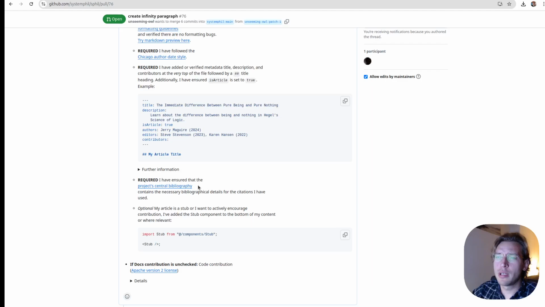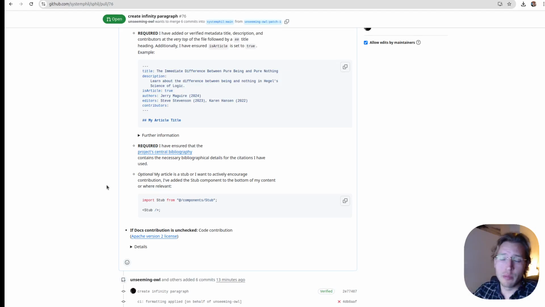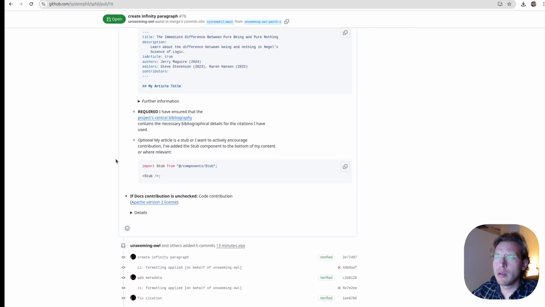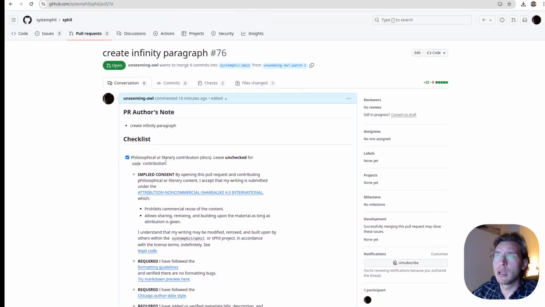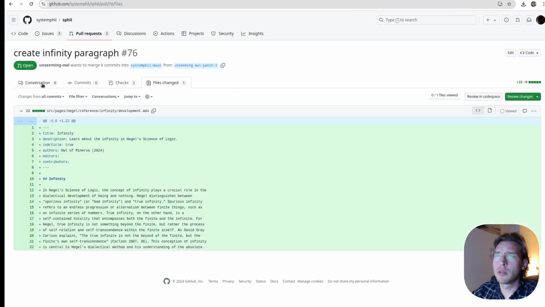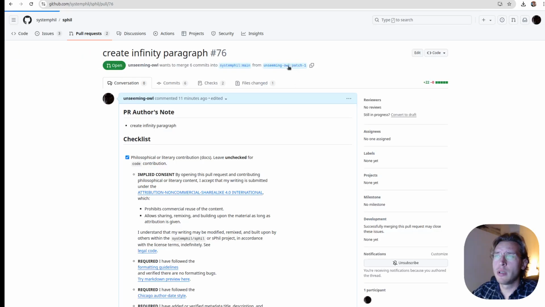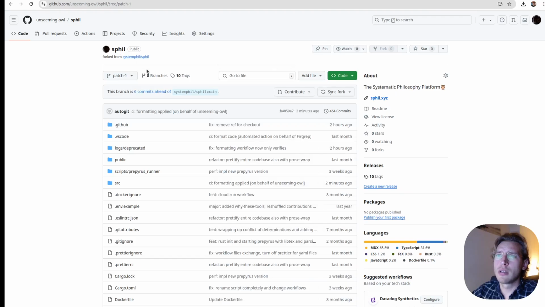Okay, I'm assured that the project central bibliography contains the necessary bibliographical details for the citations I have used. So oftentimes we will just reuse the same citations and then you don't need to do anything here. But since I'm now using a new piece of citation, I need to now add this to the bibliography. This link is currently not very useful. We'll sort that out later. But what I need to do is I need to go back to, let's see, what's the best way to go back? Can we click this? Yes. So that'll put me back into my